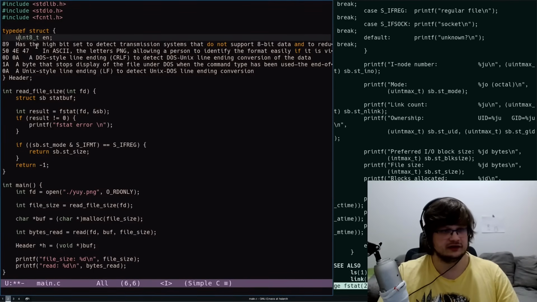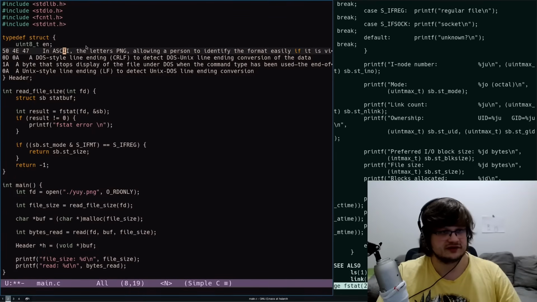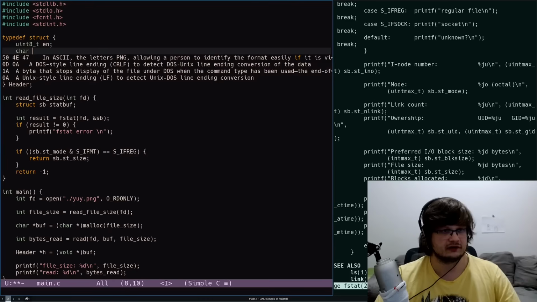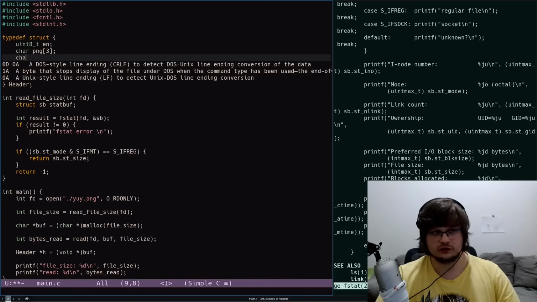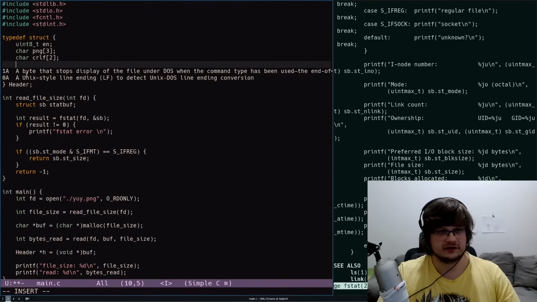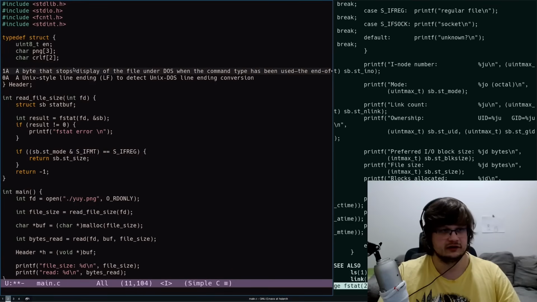So 89, I'm gonna use stdint.h. So let's include it. Include stdint.h. After that, we have 50 4E 47, letters PNG literally in ASCII, so char PNG, so it's 3 characters. After that, DOS style line ending, CRLF, so char CRLF, which is 2 characters. After that, 1A, which is end of file character, uint